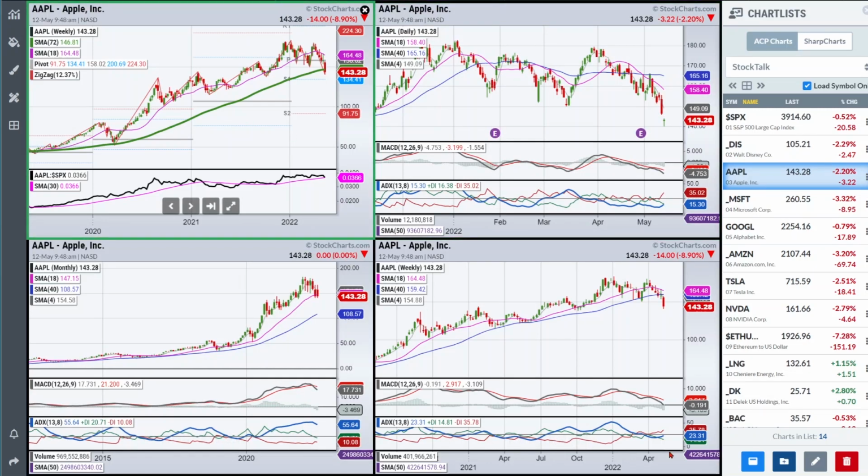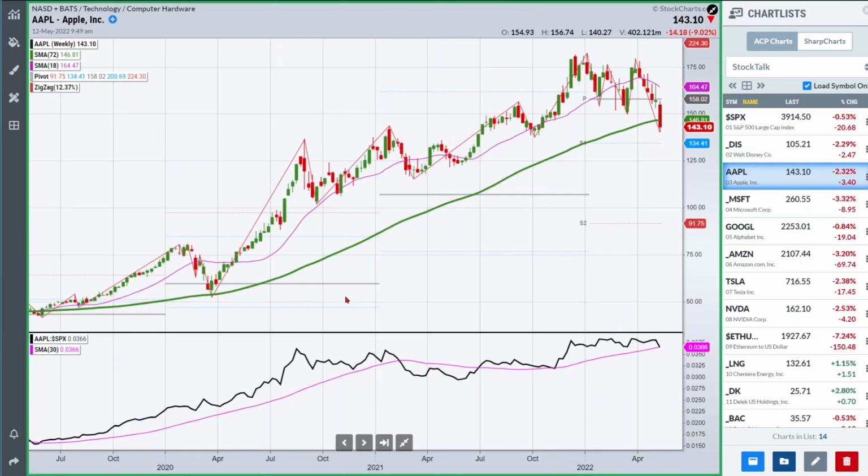And the one thing I want to focus in on is this weekly chart. If you look at it in these terms and try and keep it simple, we've broken the trend line. Okay, and then we went back and tested, and now we've gone to a new low. We went below this prior low. That is the 1, 2, 3 sequence that I talk about in my book. And it's not like I invented that, but I'm telling you that this is a pretty strong sign, not necessarily confirming evidence, but a pretty high probability event that is telling us that the trend is broken and that we've now reversed to the downside.